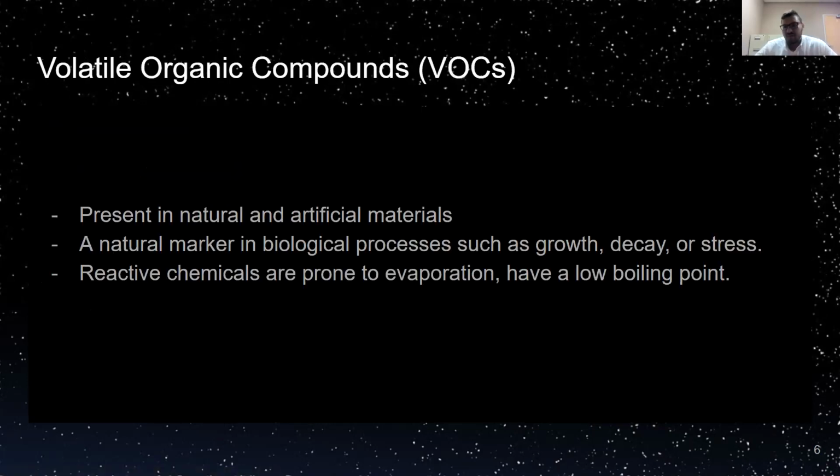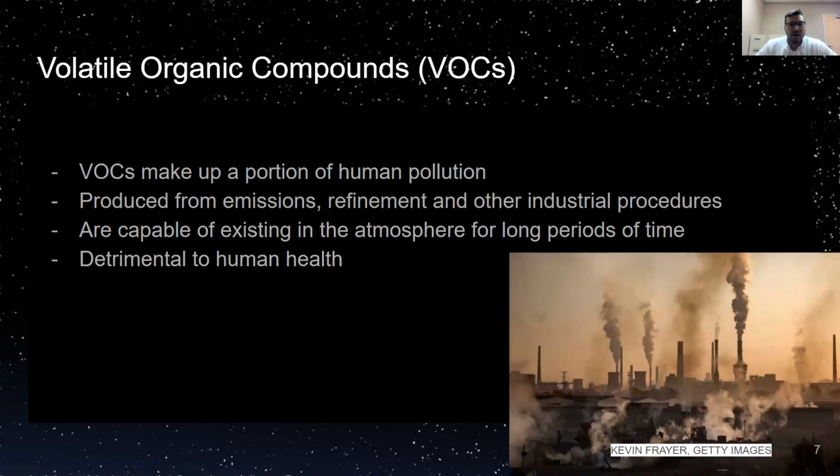So VOCs, volatile organic compounds, are present in natural and artificial materials. They're a natural marker in biological processes such as growth, decay, or stress. And they're also reactive chemicals that are prone to evaporation and have a low boiling point. VOCs are also a part of human pollution produced from car emissions, refinement, industrial procedures, things such as production of plastics, rubber, various other processes, and are capable of existing in the atmosphere for long periods of time, upwards of several months, and they're